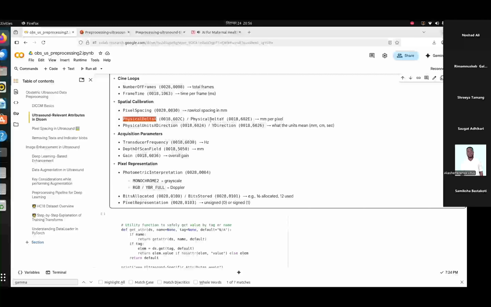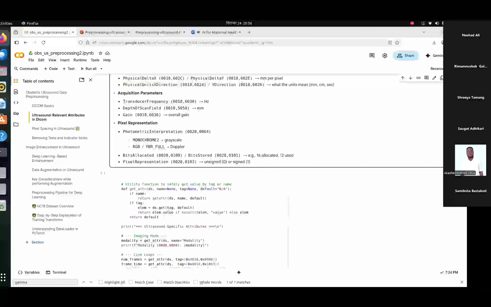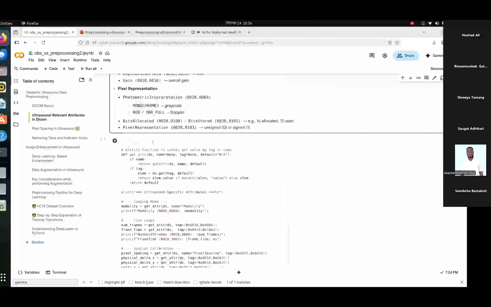It also captures the physical dimension that two consecutive pixels take in the actual space. Attributes such as physical unit would give the unit for the pixel spacing. You could also have other things such as acquisition parameters and other device settings. You could also get the